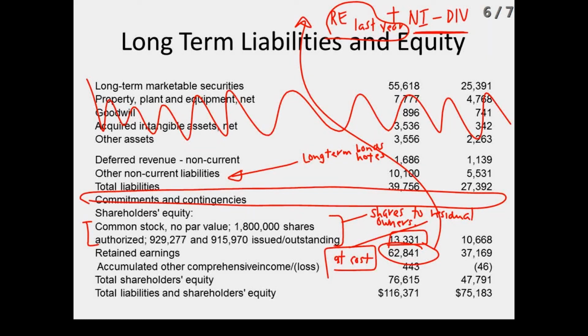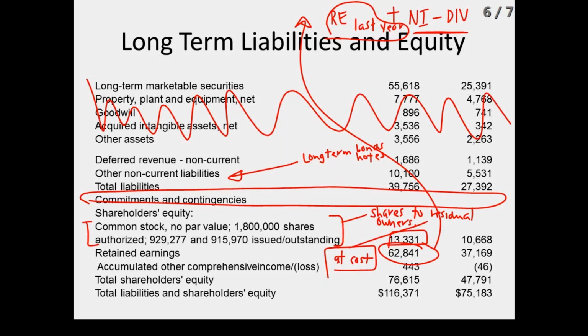So you can take a look. I think it'll be pretty obvious to you how successful Apple is, because their retained earnings was 37 here, and it's 62 now. Whether or not they gave any dividends, I don't think they give much in dividends, nonetheless, their net income had to be enormous in order to get from 37 to 62 from one year to the next. Okay, and then had they given any dividends, it would be even higher.